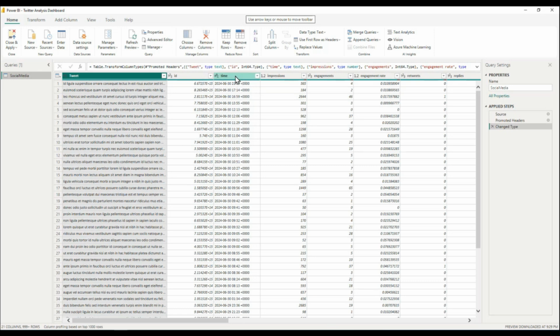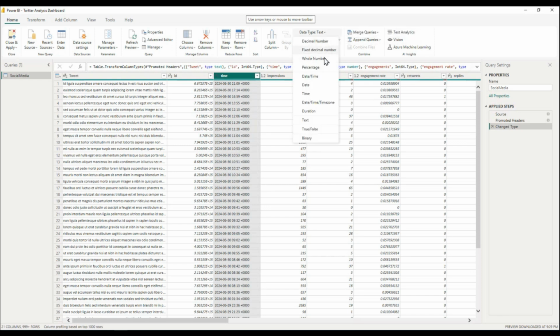So for that, I'm going to select this, and within my home, there is something called transform, and I'm going to split the column over here. One more thing to watch before splitting the column is the data type, which the Power Query Editor auto-identified as text, because it is confused. Although these are all numbers, it got confused because it's a mix of so many things. I can change it to date, time as well, but it's not going to help because it's a lot of mix-up. So I'm going to select this entire time,